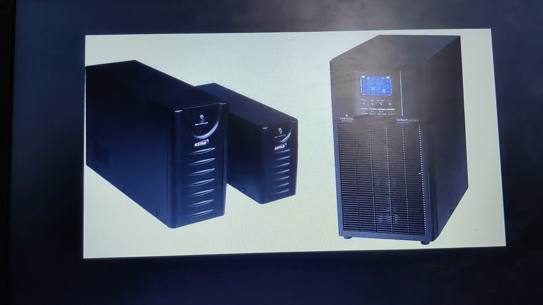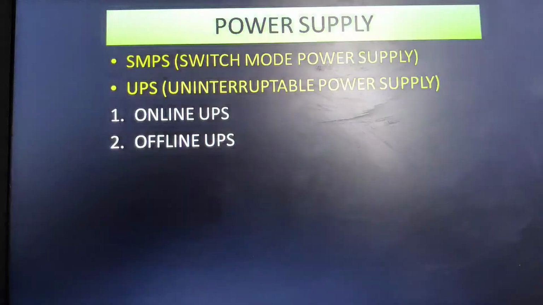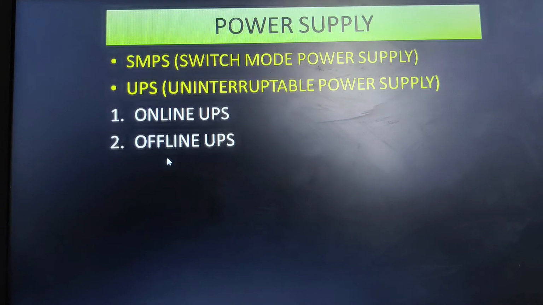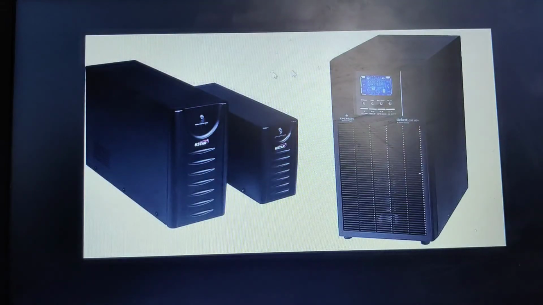So let us discuss the types of UPS, that is the online UPS and the offline UPS. First we will discuss this online UPS. Usually the online UPS avoids momentary power lapses by continuously providing power from its own inverter even when the power line is functioning properly. See, the power supply is there, and your computer has been connected with the online UPS.